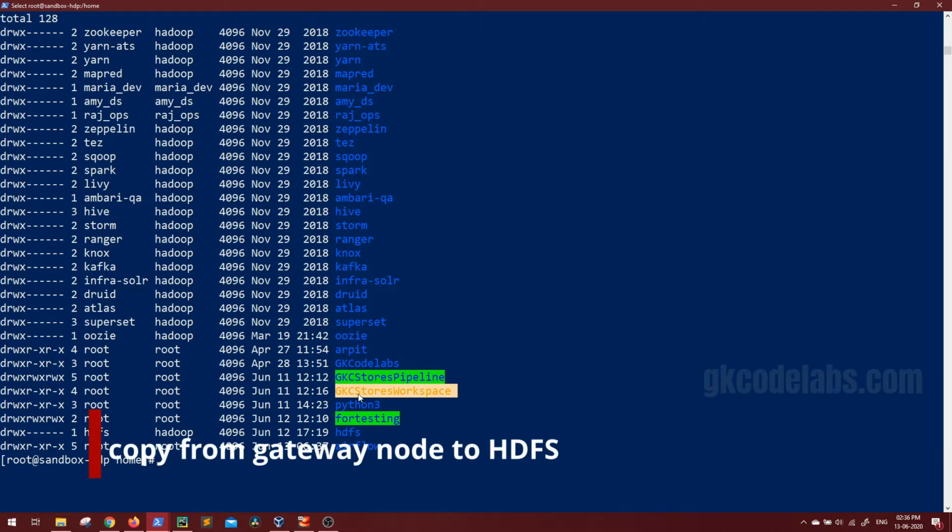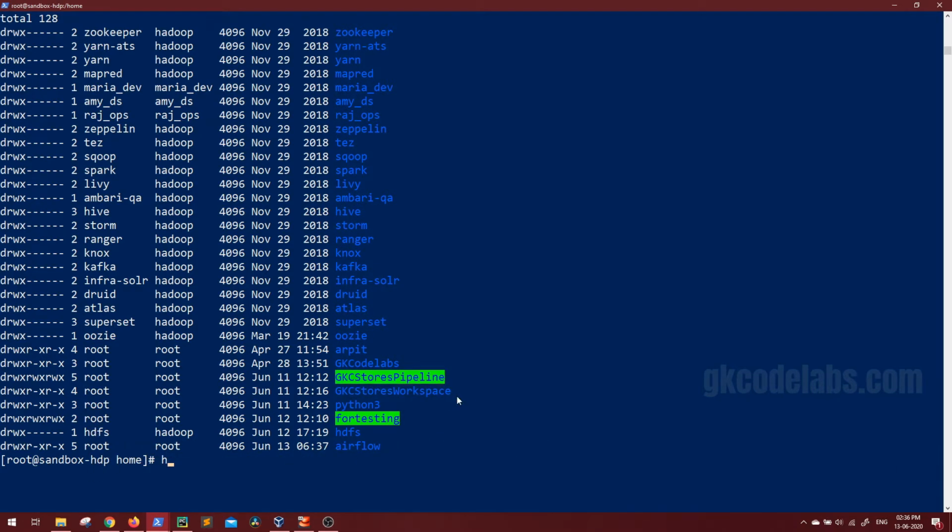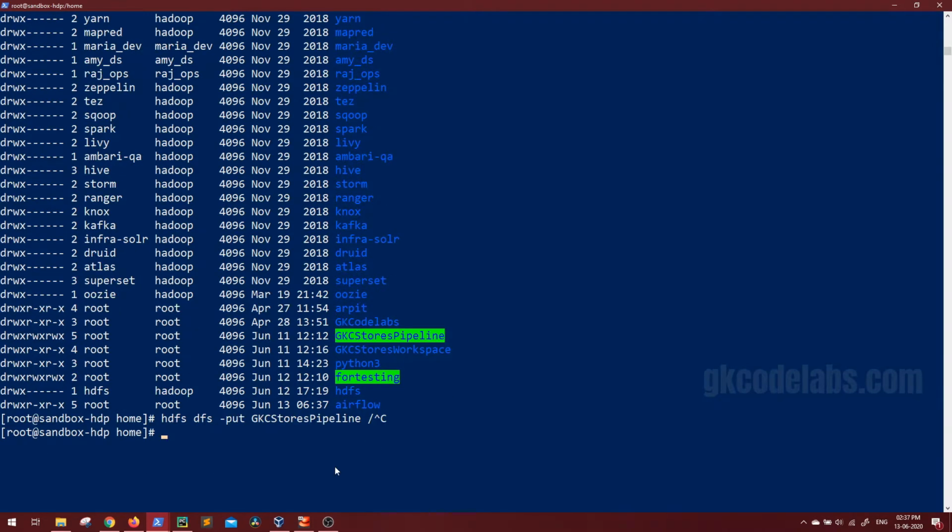To push that in HDFS, you can mention the command hdfs dfs -put. As I have told in my Linux basics tutorial, the put command you can use to put anything from local environment to HDFS. So hdfs dfs -put this, and then you can give the HDFS path. I'll put it directly into my root directory of HDFS, so I'll mention / here. I already have the same structure in my HDFS, so I'll cancel it.